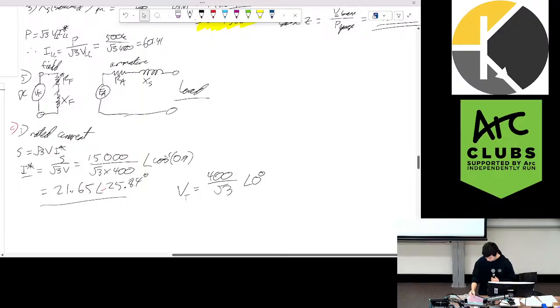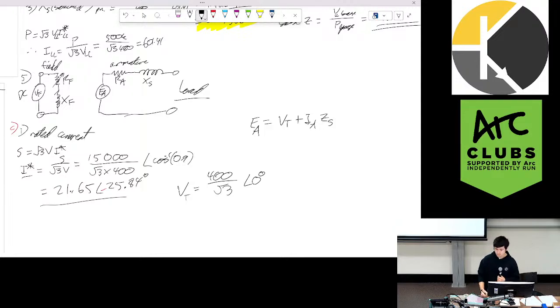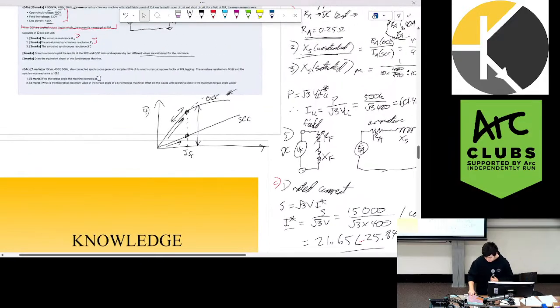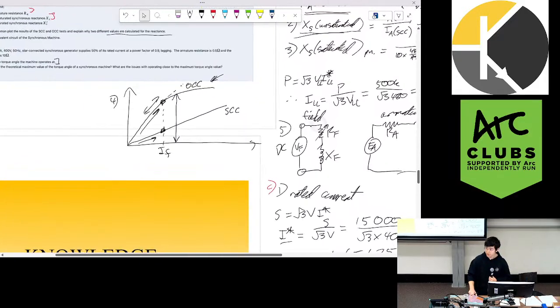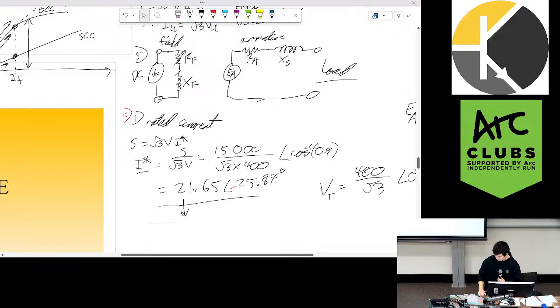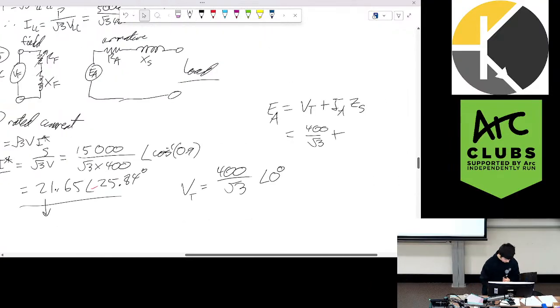We want E_A now, and because this is motoring, we have V_T plus I_A Z_S, with all the phases included, which will be 400 on root 3 plus, recall we're operating at 50% rated current, so we're going to half this current to give us,